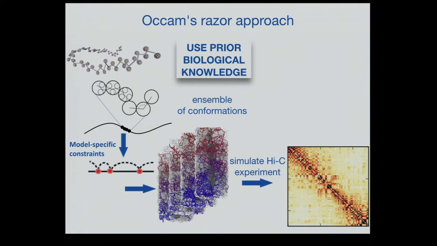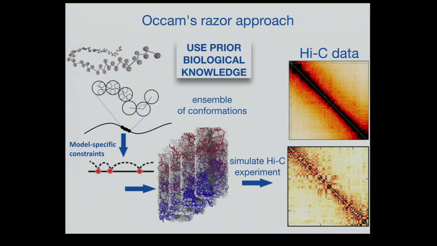and this gives me a map of interactions in the simulations, and then I compare this map to a real map, and I decide whether this is a good agreement or not so good agreement. Then I go back, and either go back to the parameters of the model that I can change and repeat the whole procedure, or if I feel that I explored the space of parameters sufficiently and I didn't find any agreement, I'm saying this model is inconsistent with the data, I need to move on.